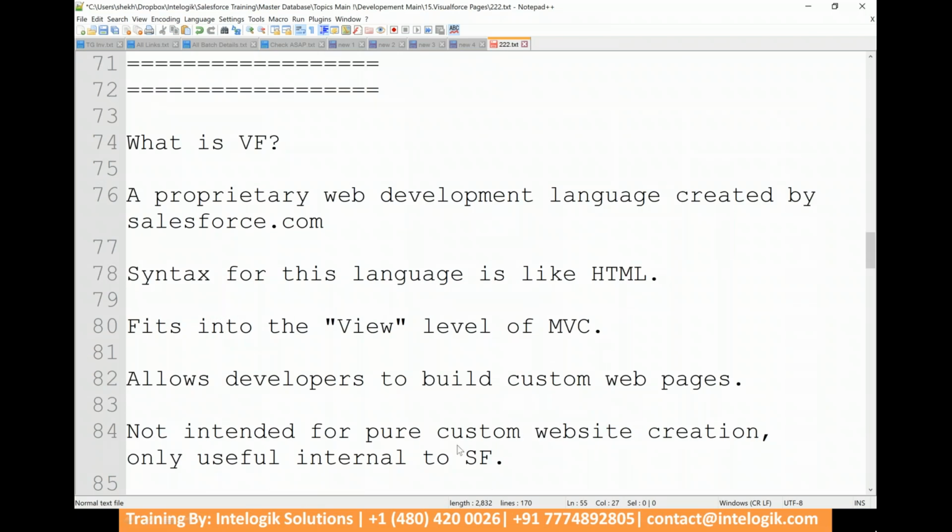Visual Force page is a proprietary web development language of Salesforce. It's a property of Salesforce. It's not something other companies own. The syntax is similar to HTML. So we are going to learn HTML as an additional bonus knowledge in this syllabus, which I'm going to give you shortly, because this will give you a good start to learn Visual Force page. This fits in the view level of MVC,